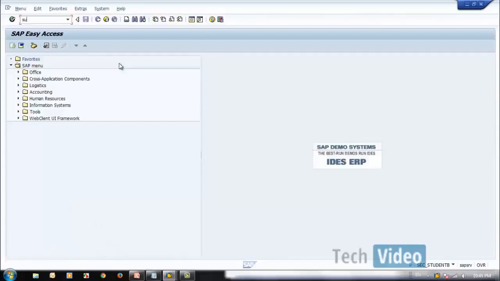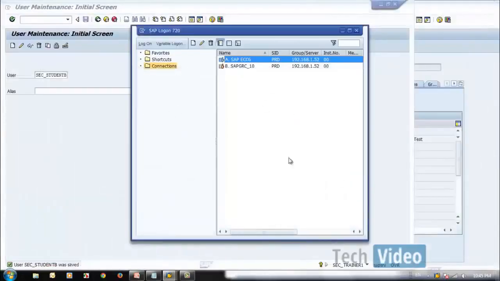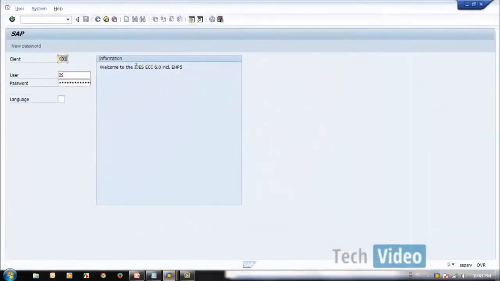Anyway, this user does not have any authorization. We did not assign any roles, but the same user will not be available in the other client. Let's say the same client 810, where we created the user, if we log in, you cannot log on. CUA assignment is missing, so we cannot log on here.